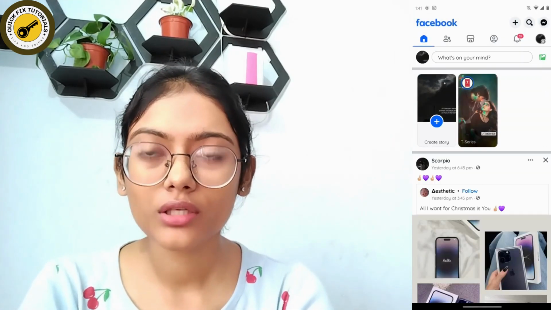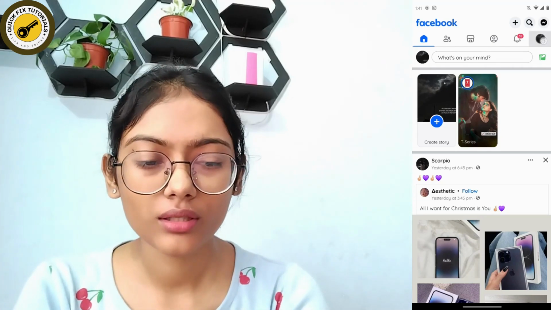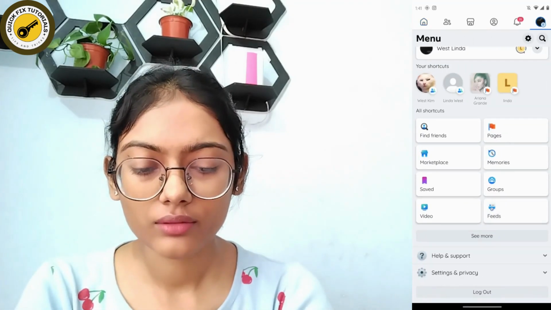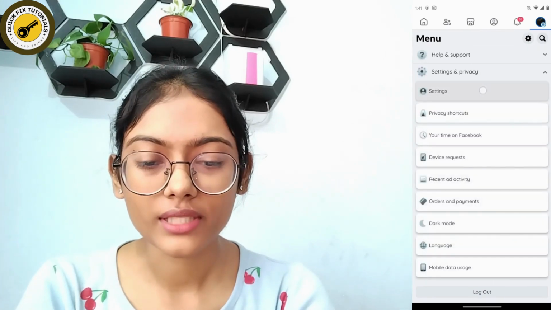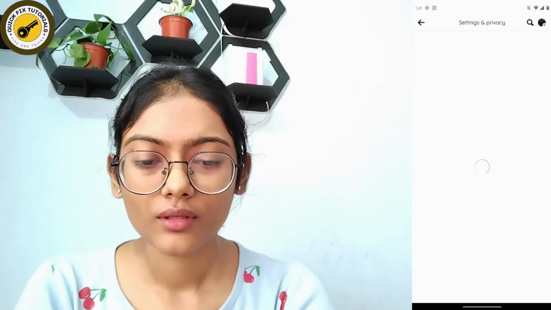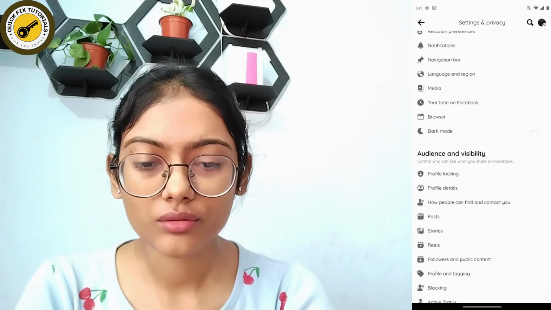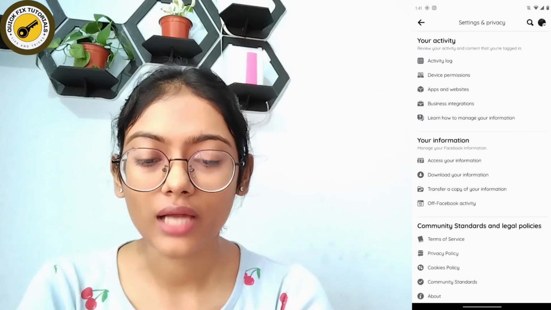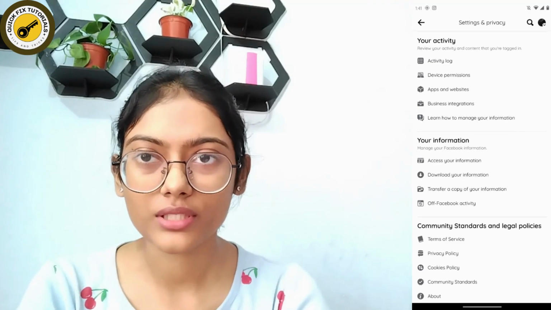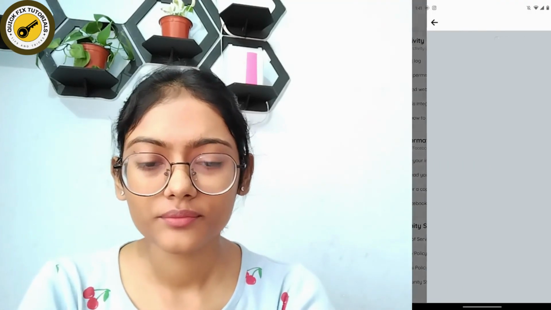go for the upper right corner, which has that three bar icon, and then simply scroll down and go for settings and privacy, and then go for settings. And under your settings, you can simply scroll down, and here you will have your information section, and under that you will have access your information option. Go for that,